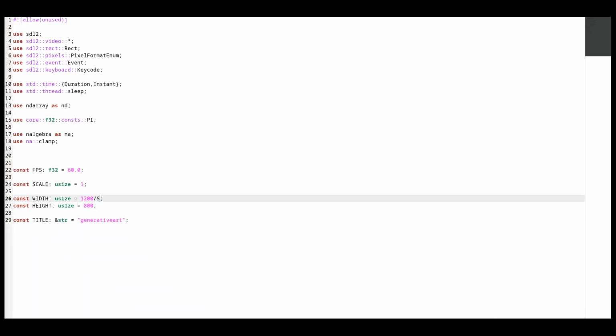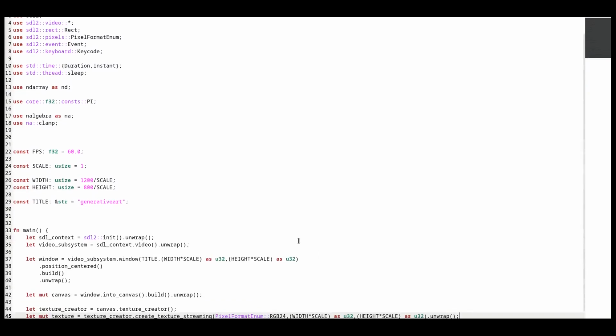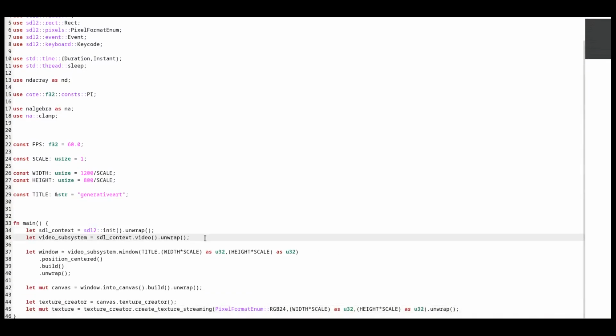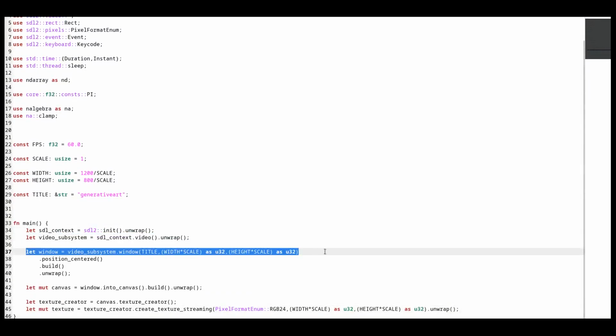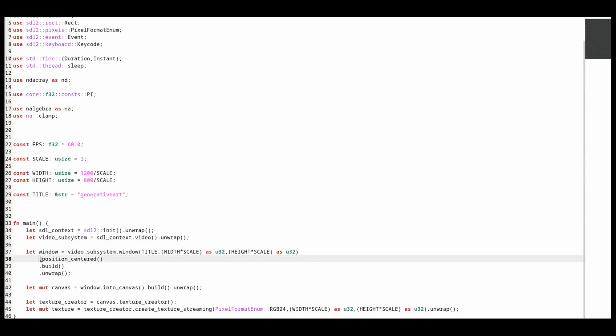Also there is a scale constant that must be a divisor of width and height. Function main is the entry, and here is the basic code needed to start with SDL2 to render an image manually.